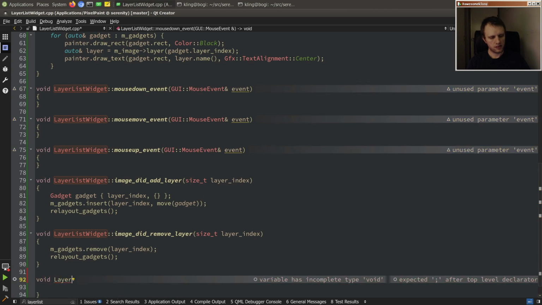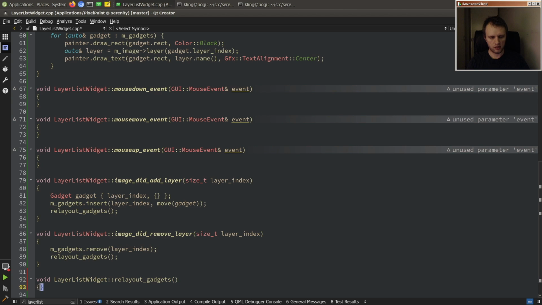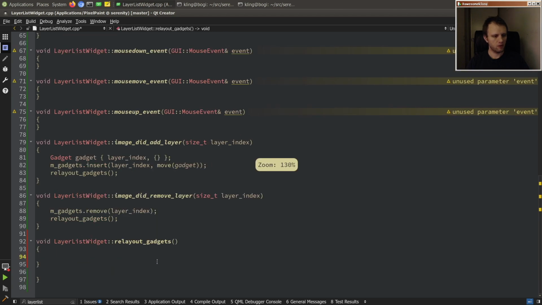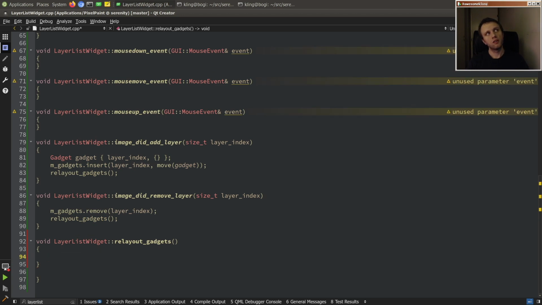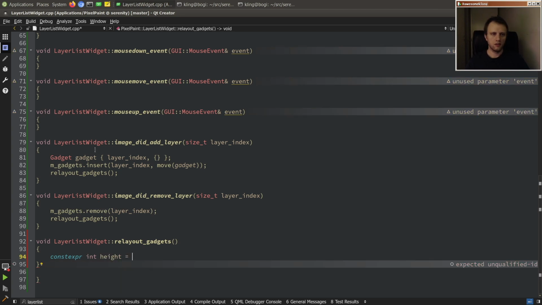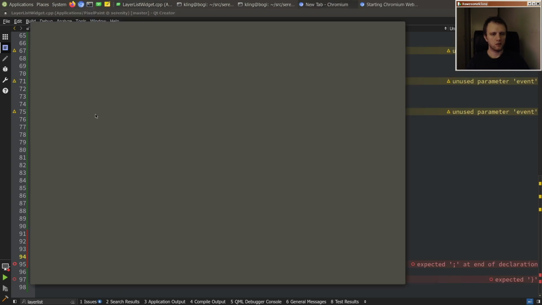And then what does that do? Relay out gadgets. So we just want to like stack them vertically, right? So let's say that we'll have an int height for these, which will, hold on, let me go to